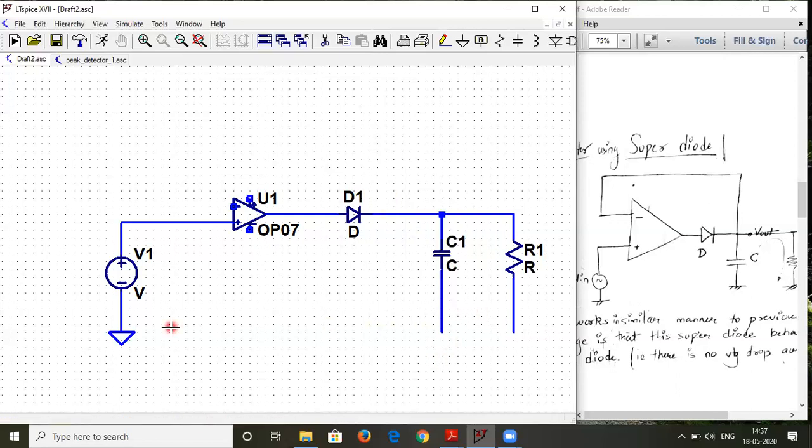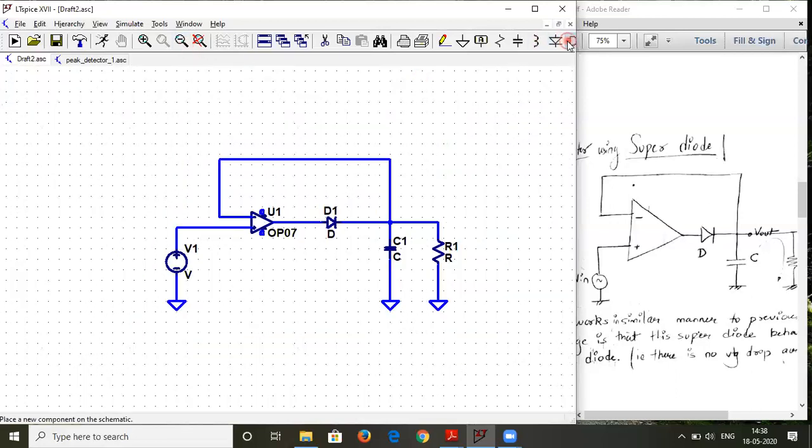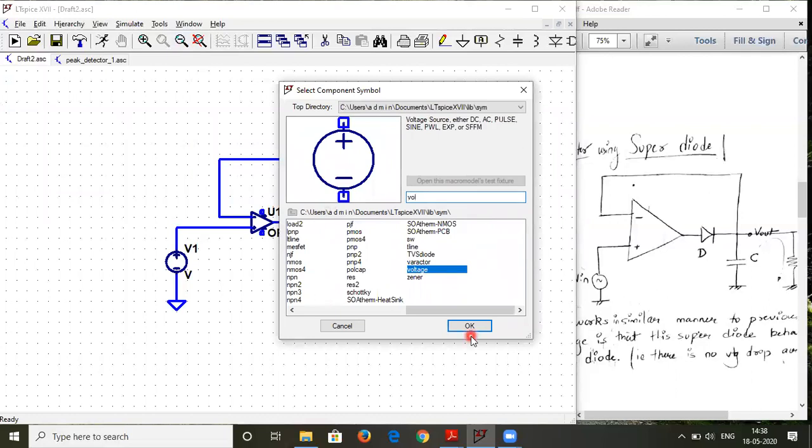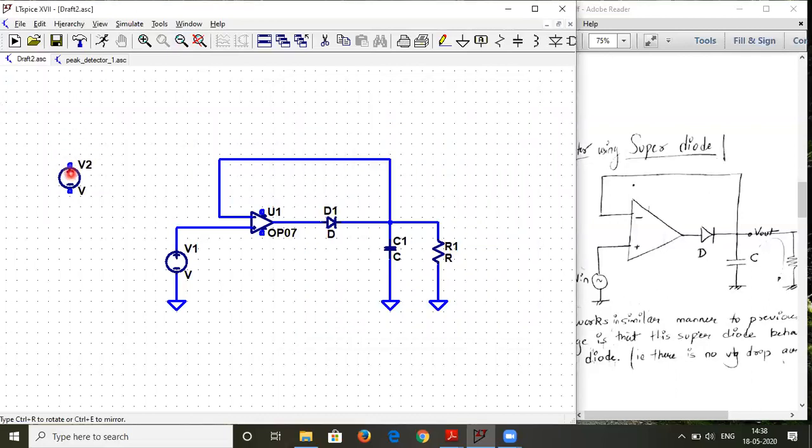This circuit you can complete, or you can separately ground it also. It doesn't matter. So I am separately grounding it like this. Now I have to connect the op-amp as given in the diagram over here. So let me take this loop and connect it over here like this. Now the only thing left is to power up the op-amp. To power up the op-amp we require two supplies. So we will select two voltage sources from the library. One I'll place over here, another I'll place over here, and I need to connect them together now.